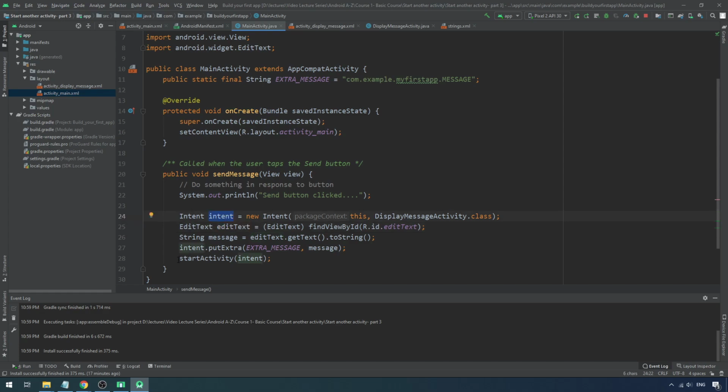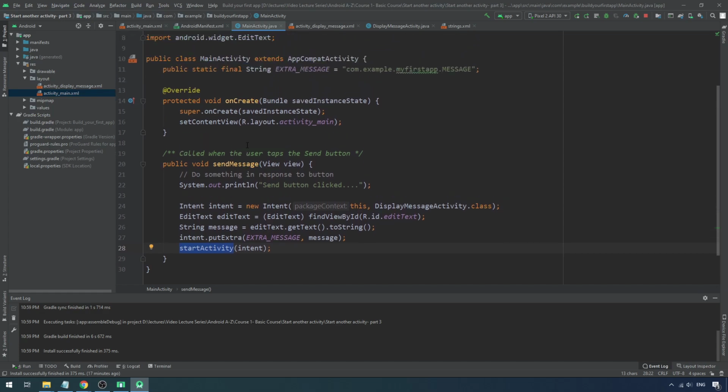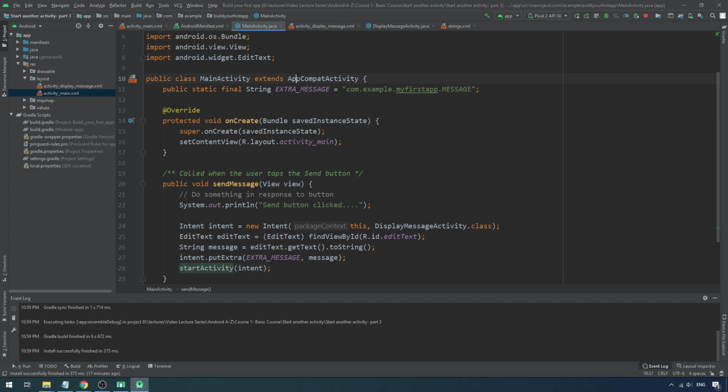Why? Because if so, I have to say intent dot startActivity. Is it a method of this edit text? No, because if so, I have to say edit text dot startActivity. If I just say startActivity, the theory in Java or Android is that it's a method in the current class. But there's no method declared in the current class called startActivity. What does that mean? That means it's coming from the parent class AppCompatActivity. So startActivity is a method of the parent class AppCompatActivity. Very important for you to understand that.